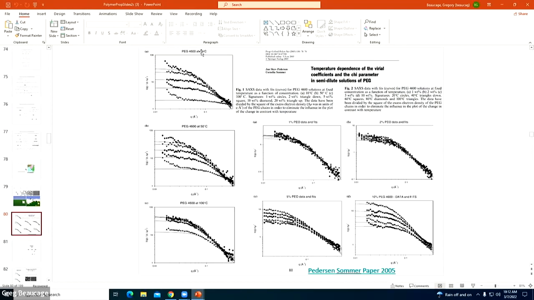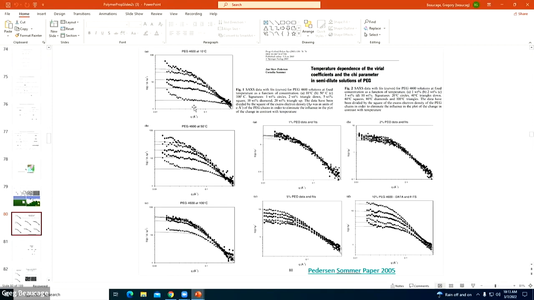In this, there are different temperatures, 10 degrees C, 50, 100. And these are different concentrations. So he's applying intensity divided by the concentration. He's also normalized it by the contrast squared, which doesn't change anything. So that's basically intensity by the concentration. At each temperature, these are the concentrations, and for each concentration, these are the temperatures. So the idea is that